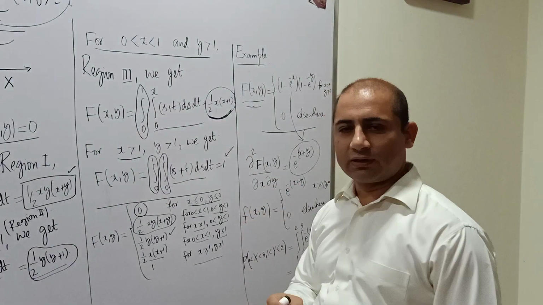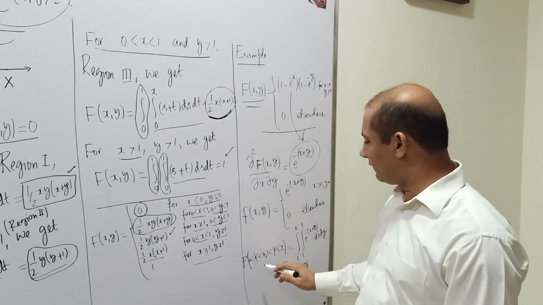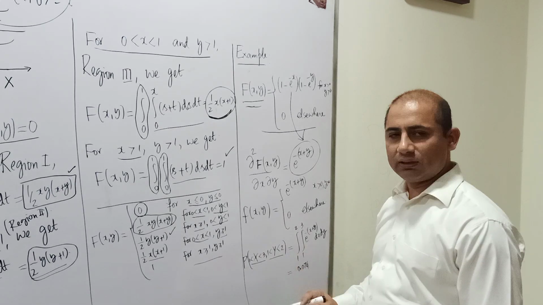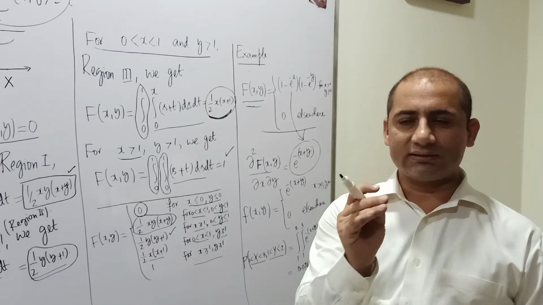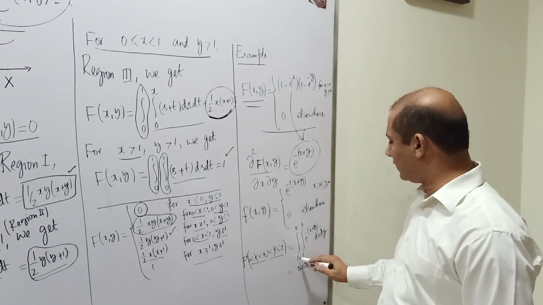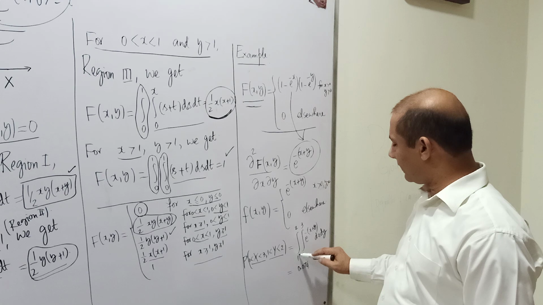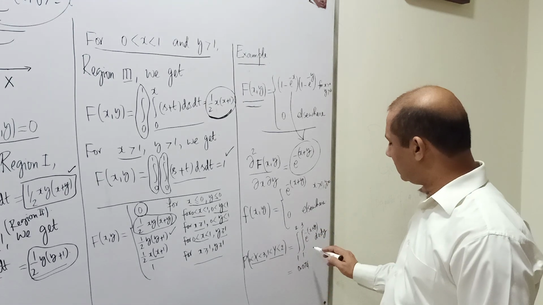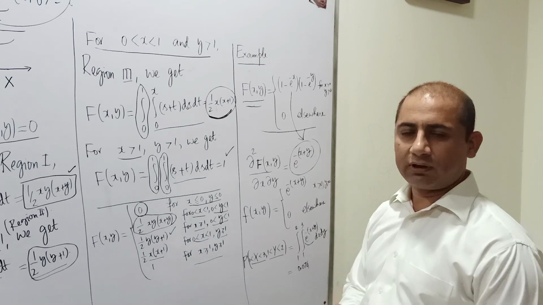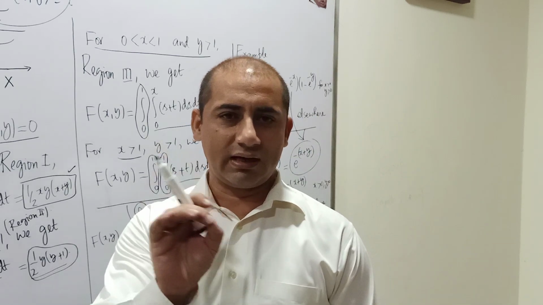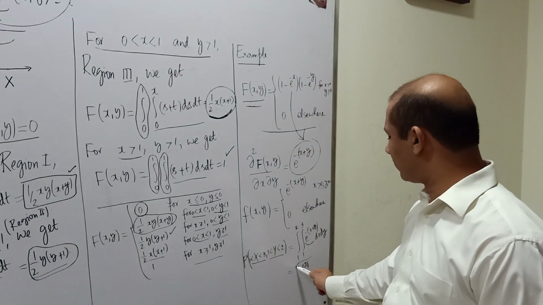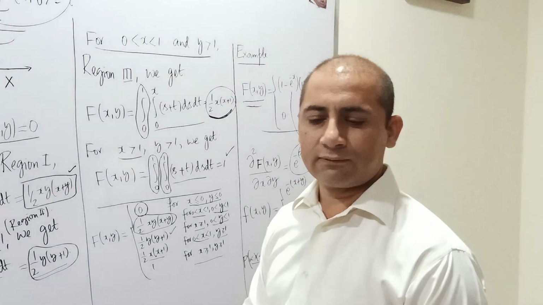And then further, if someone asks you to identify the probability when x is from 1 to 3 and y is from 1 to 3, you already have the probability density function, so you will integrate with respect to y, this is from 1 to 2, and with respect to x, this is from 1 to 3, and the probability density function is e to the power minus x plus y dx dy. So after this very simple computation and by the use of calculator, you can identify the answer.